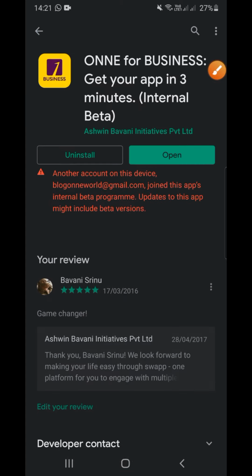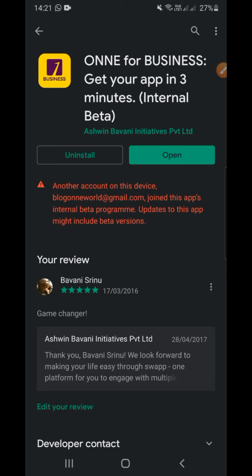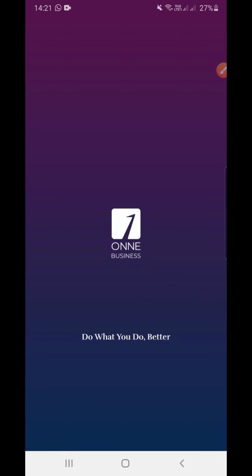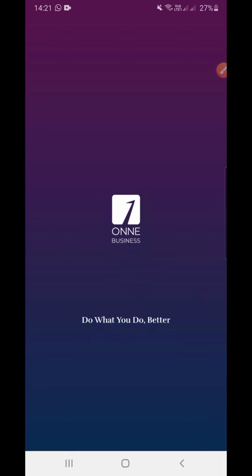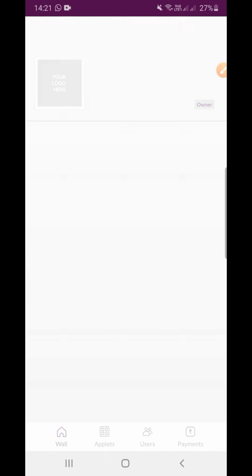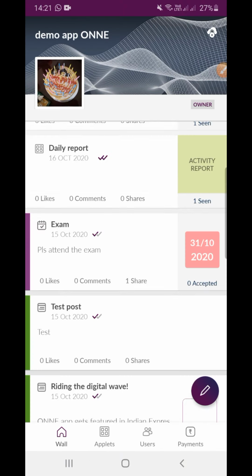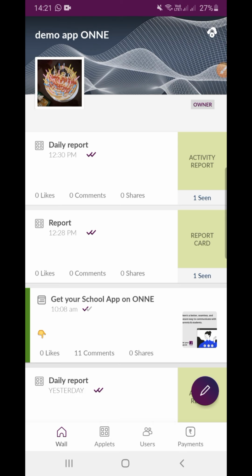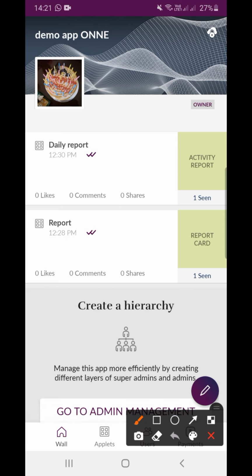Install the app. It will ask for your mobile number, the business name and your name. Please share all that information and you will end up in the screen. On the top left is where you have a place to manage your branding. Add your logo and your business name. Every time you come onto your app, this is the branding you will see on the top left corner.